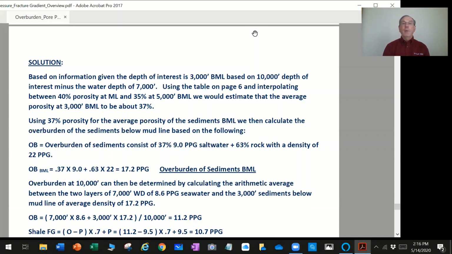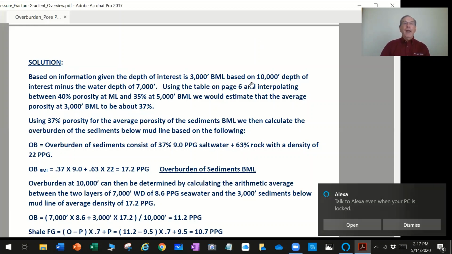So using the table that we've already seen and interpolating between 40% at the mud line and 35% at 5,000 feet below mud line, we would estimate the average porosity 3,000 feet below mud line to be about 37%. So it's just interpolating between those two values. So using 37% porosity for 3,000 feet below mud line, we can calculate the overburden of the sediments below mud